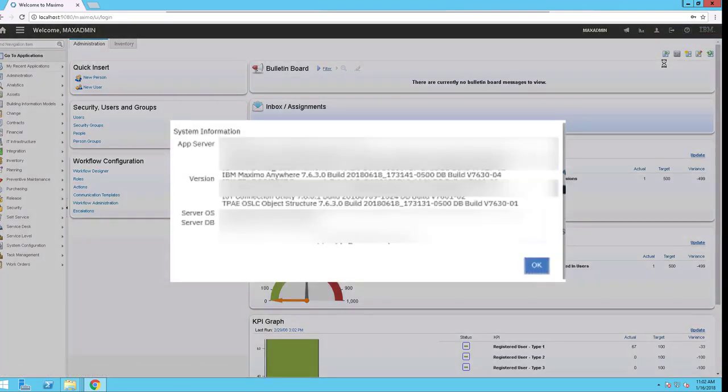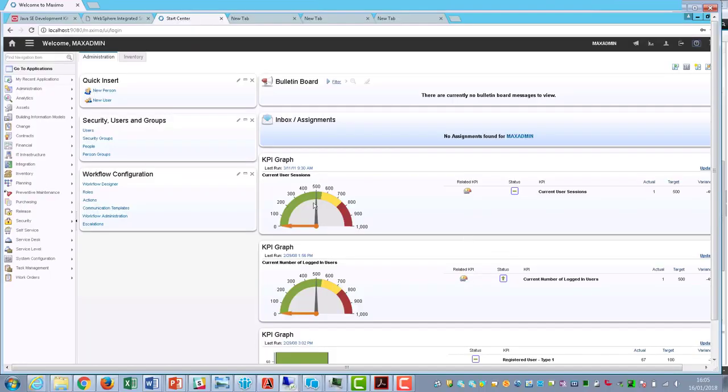If the required components are installed, TPAE OSLC Object Structure 763 and IBM Maximo Anywhere 763 is displayed in the System Information dialog box. To verify that the Open Services for Lifecycle Collaboration, which is also known as OSLC Object